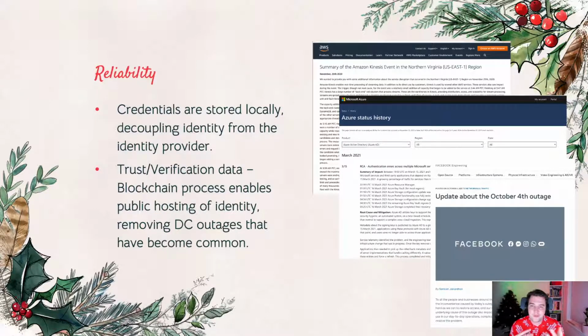Those services, when you build them, are going to stay up according to their SLAs for the most part, but they can go down, and you are reliant on a provider in that scenario. When we talk about identity, having those services go down is not desirable, right? If you can't log in to another service, that's really frustrating. Verifiable credentials and decentralized identity in general are super reliable, right? The reason for that is most of the time the credentials are stored locally. They're decoupled from any one point of failure, which is really cool. As long as you've got them with you, you can use them.